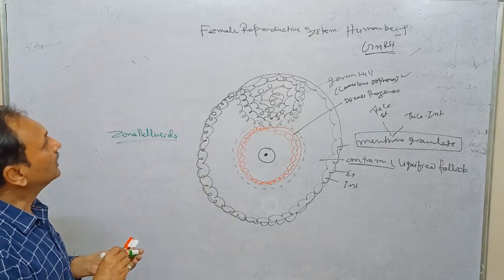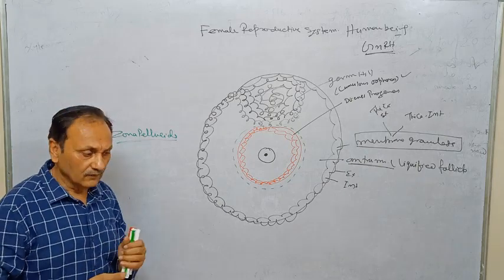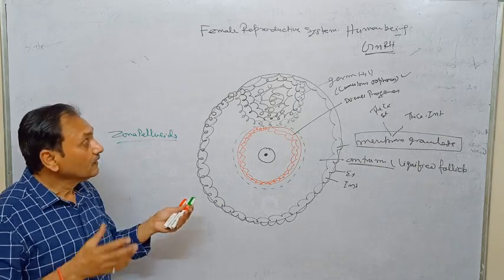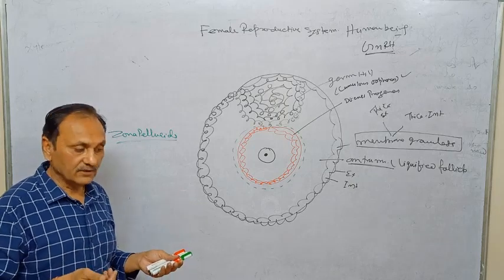That is all about the external structure and the internal structure of the female reproductive system. We will discuss later on how fertilization takes place and how the embryonic development takes place in the next